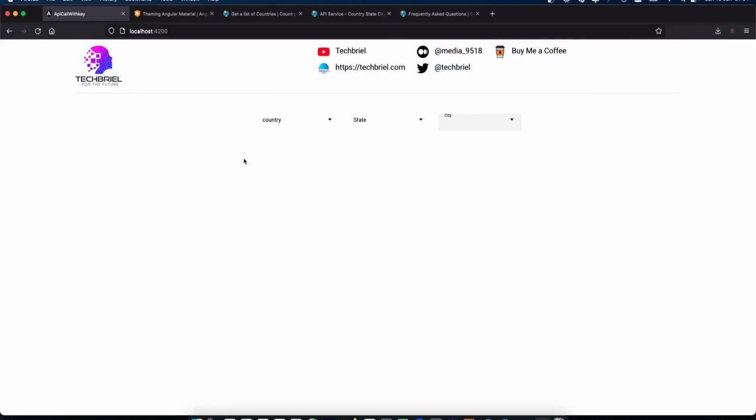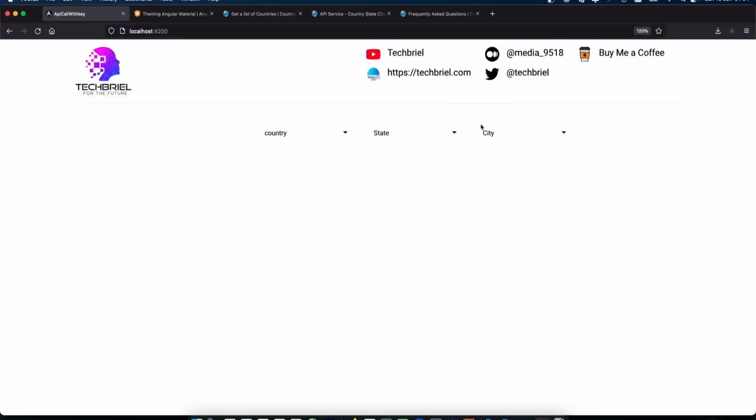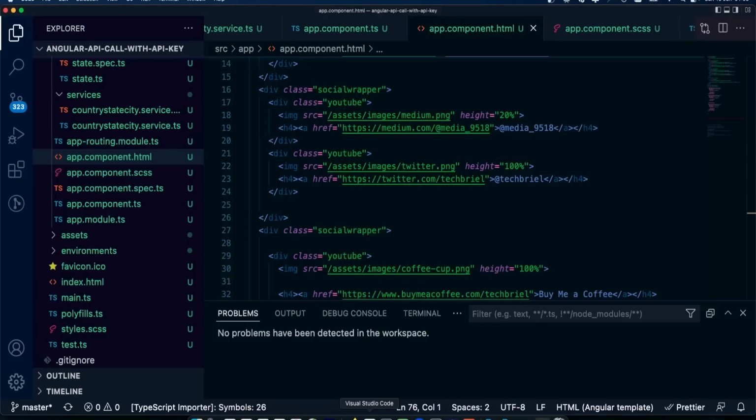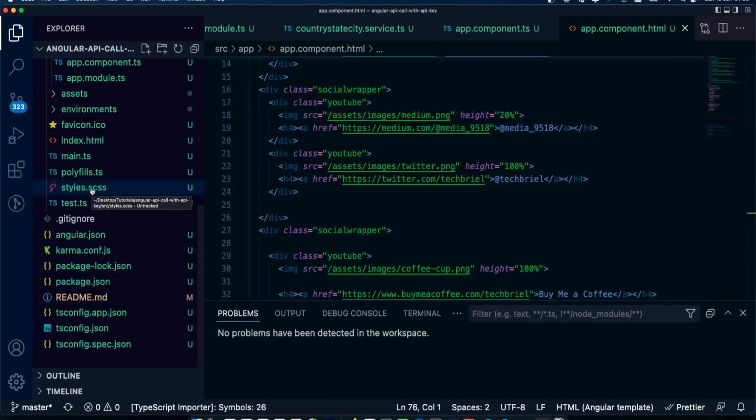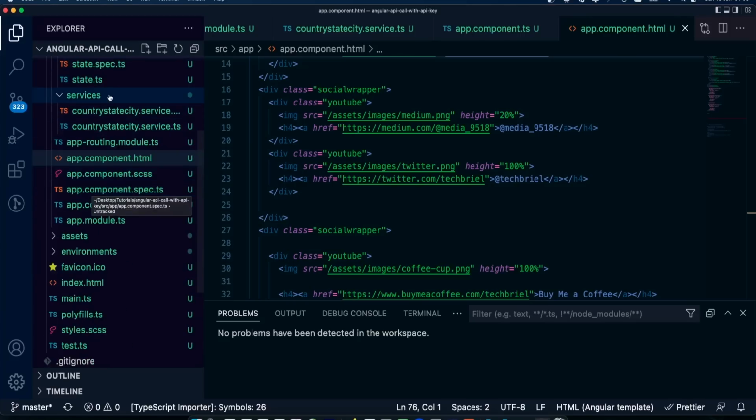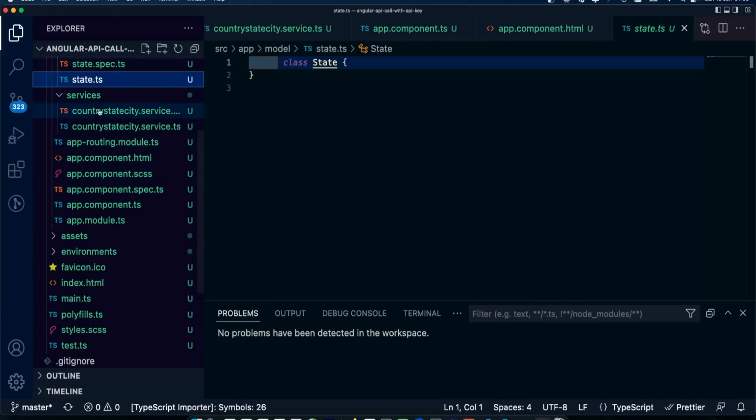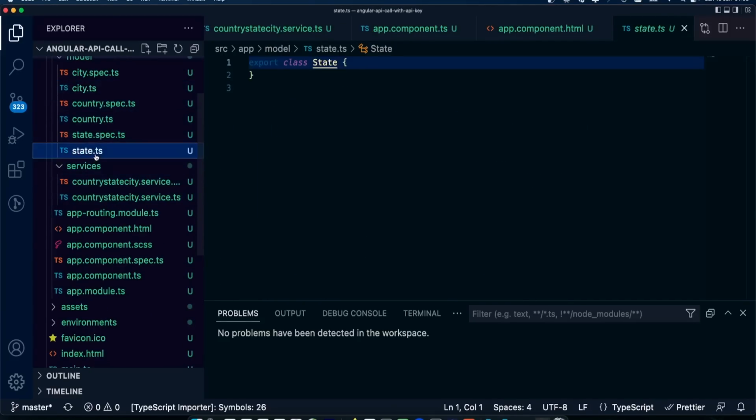Now we're going to pass that country into the first select, and then when you select the country, it's going to fetch the state, and then when you select the state, it's going to fetch the city. All of this using that API that we have with the API key. So let's continue doing that. So the next thing that I want to do is to ensure that I've got the variable inside the classes that we created, which is the state class and the city class. So let's start with the state.